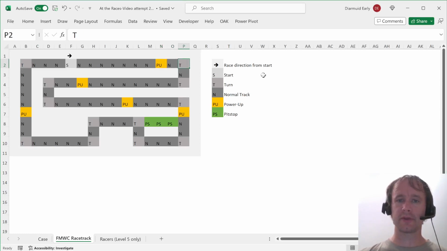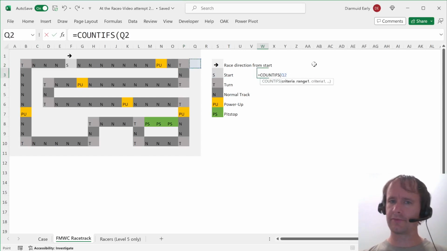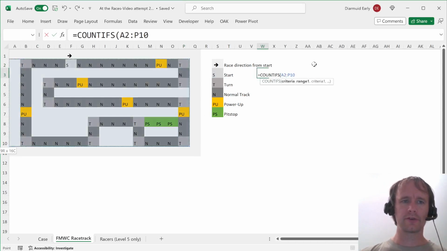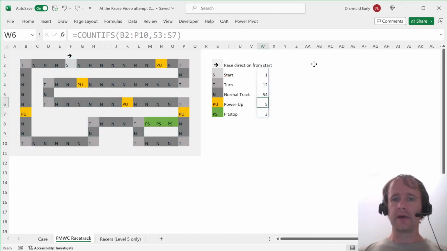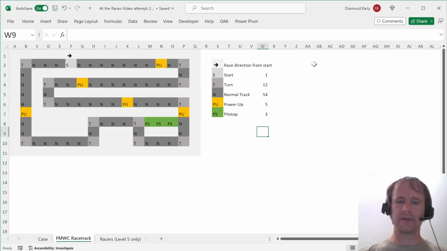So the first thing that's going to be helpful is just to count how many of each of the 5 different types of track segment there are, which we can do just like this. And then what I would like to be able to say is normal, turn, power-up normal, and power-up turn. How many are there going to be for the regular, and we'll later need to know for the pit stop laps. So for regular normal turn, so the start counts as normal,